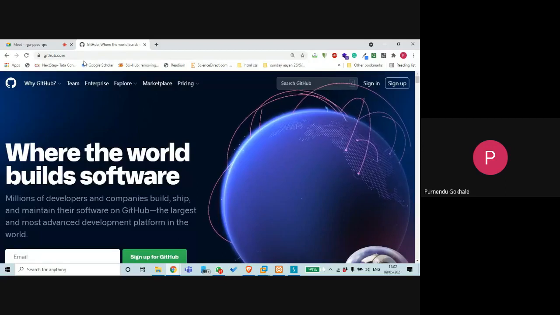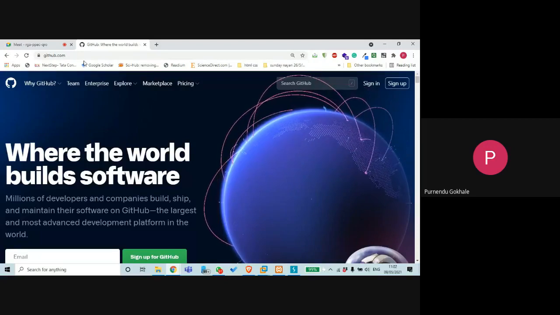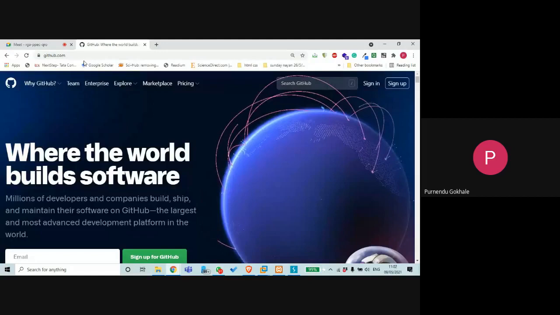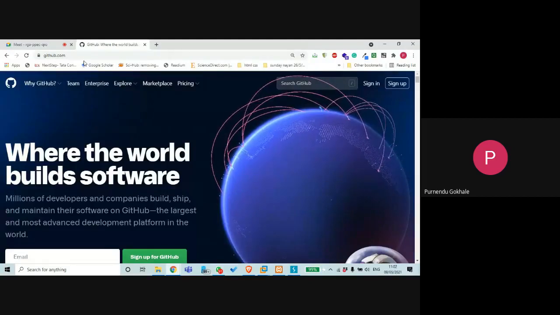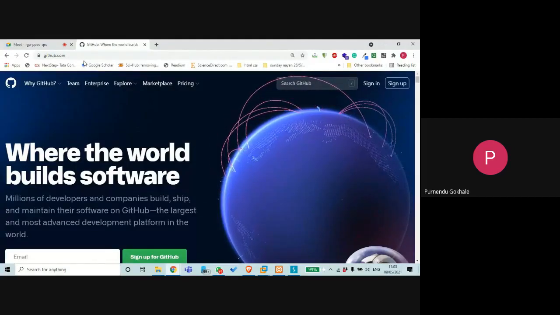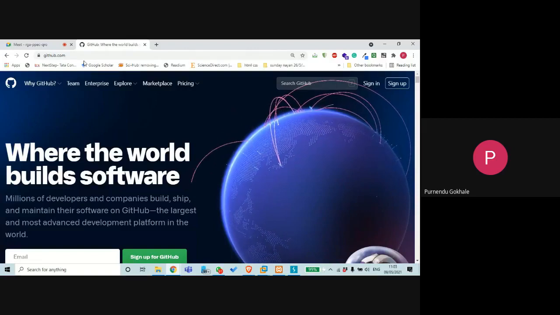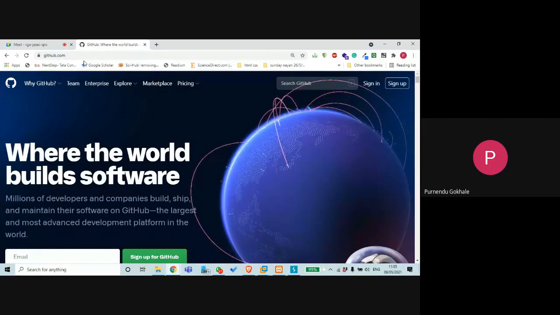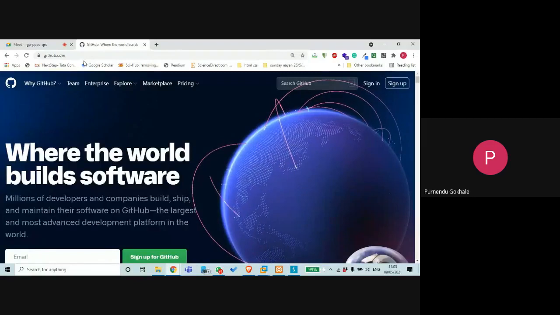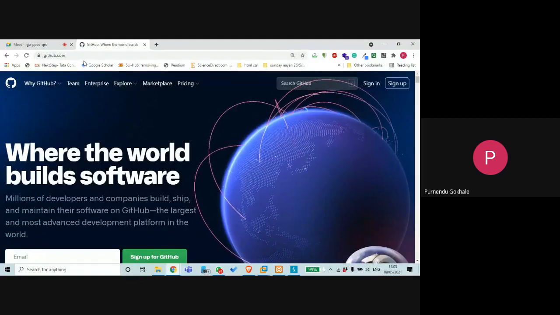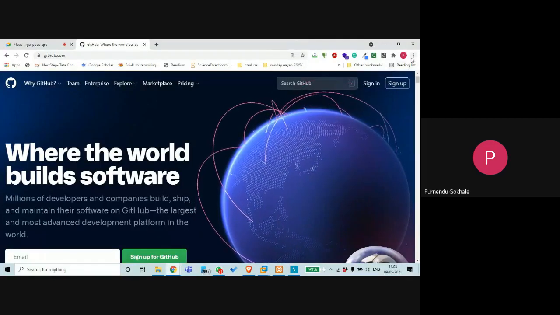So I will be configuring the proxy. All the requests that I am making through this browser will first be sent to Burp Suite via the proxy I am allocating, and then Burp Suite will send that request to github.com. Whatever response it gets will go to whatever IP I've configured, and from that IP it will be reflected on my browser. So the first thing we have to do is set a proxy for that.